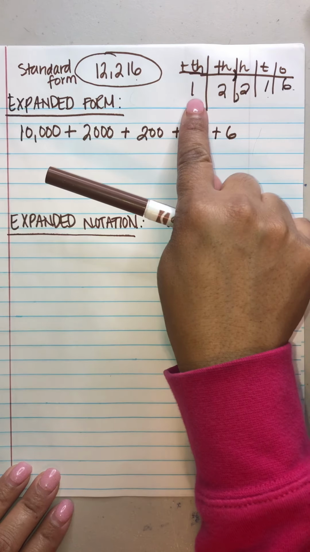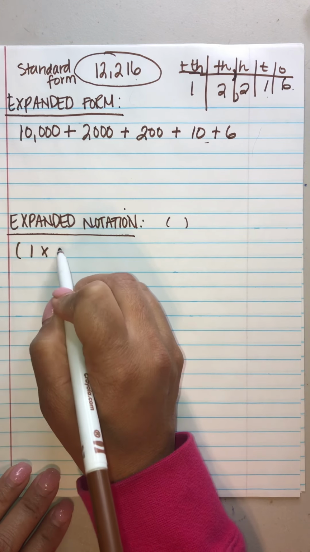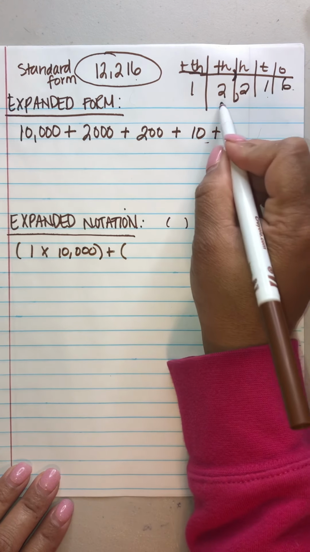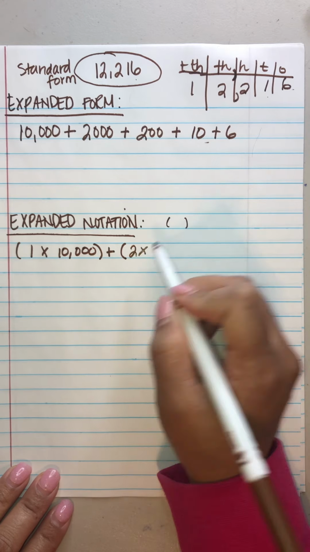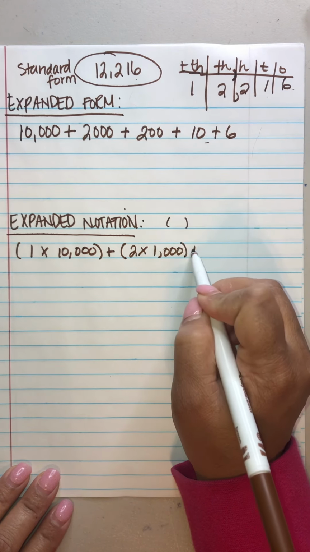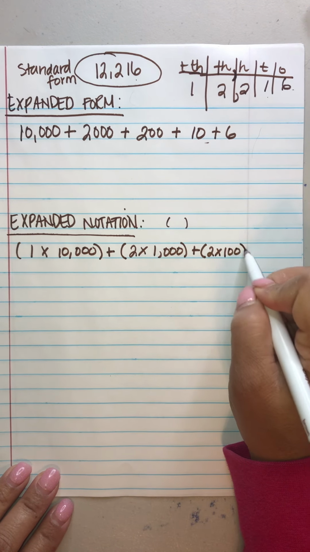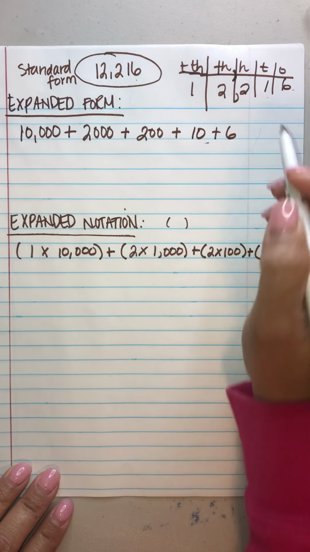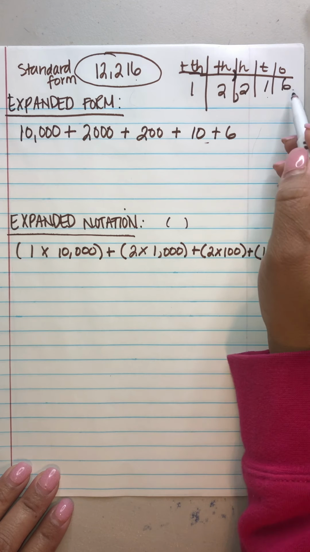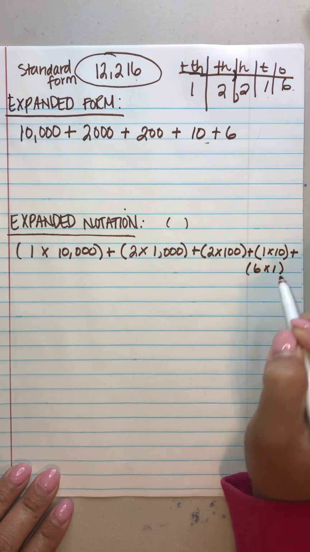So if I start here, that's in the 10,000s place. So that would be 1 times 10,000 plus 2 times 1,000 because it's in the thousands place, plus 2 times 100 because it's in the hundreds place, plus 1 times 10, and I'm running out of room, so I'm just going to go down here. 6 times 1, because that's in the ones place. Okay, so